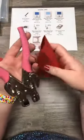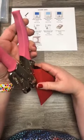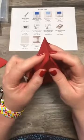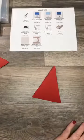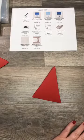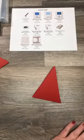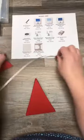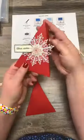So I'm just putting a hole on each side. Let's see if we're doing this right. And I like this because they don't even have to be even on this side. We're just trying to get it so it stays shut. So let me grab some ribbon here. And of course, let's see here. Oh, this will work, yay. Okay, so when I'm done, this one I was thinking about putting Hershey Kisses in because it's quite big, but